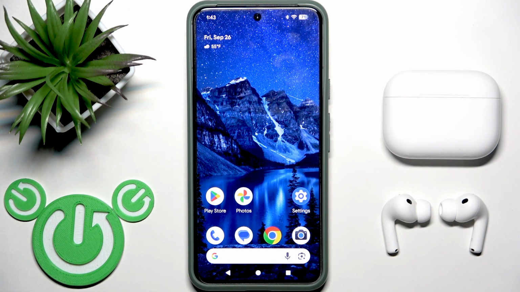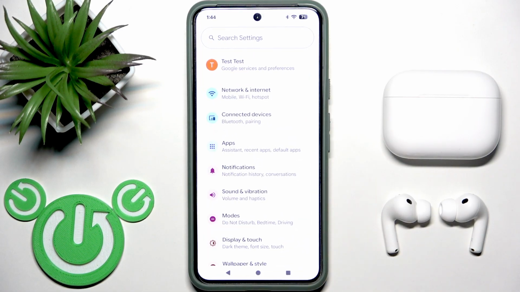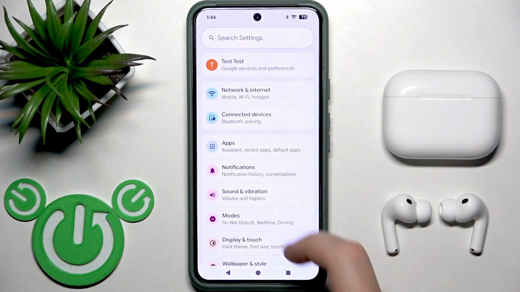To enable or disable the HD audio, we need to enter into developer options. If you don't know how to enable developer options for your phone, at this channel we have a video just for your device. After you enable it, you need to go to the settings, then system,